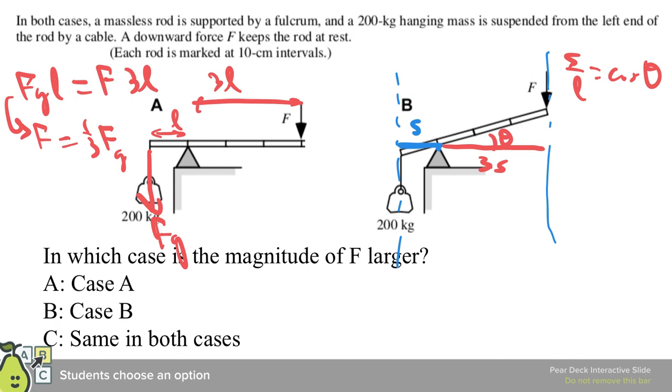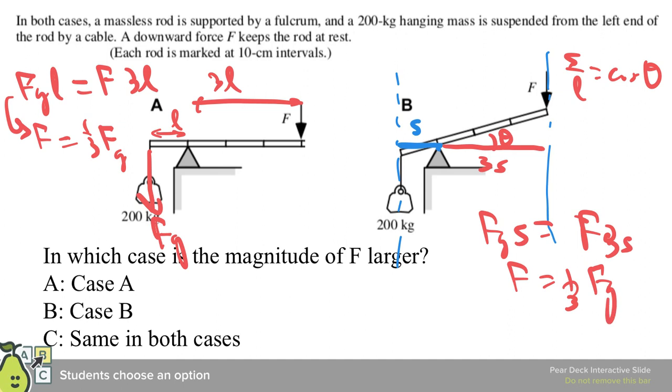But the new distance is, of course, going to be 3s over the same angle, so the new distance is going to be 3 times as much as well. But then we can say, well, then Fg times S is F times 3s, or it's still 1/3 as much. So it's the same in both cases,